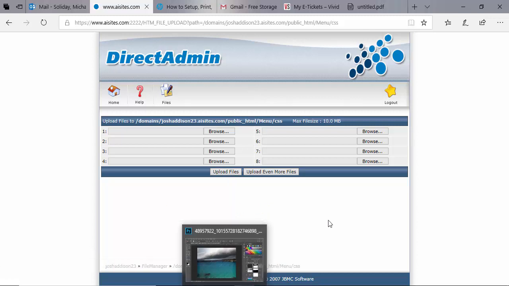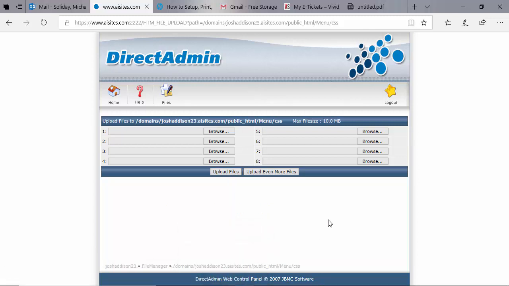So again, now if you're using the FTP client, then you just drag the folder up into the server. It's a lot easier than doing it this way, but again, you have to have the CSS